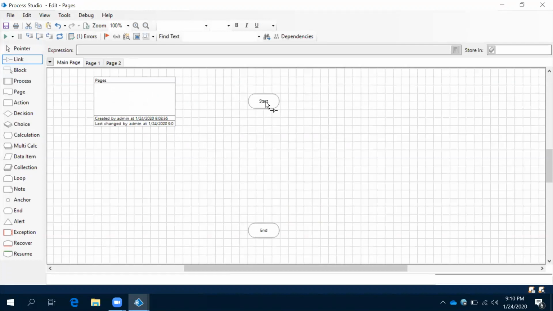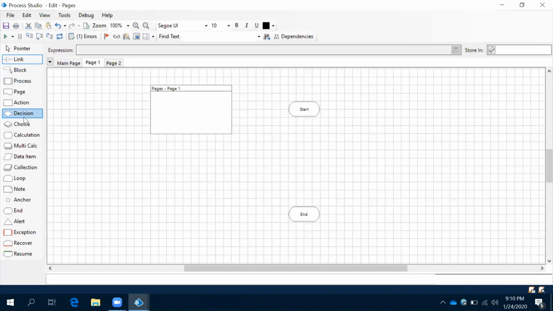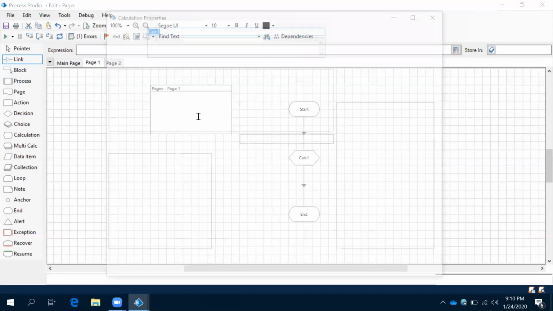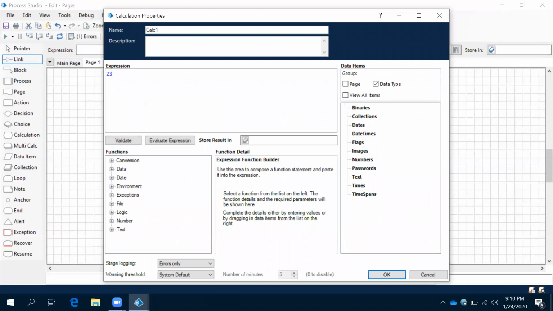Observe this. Even in Page 1, you can do it. Let me implement some calculation here. We are implementing some calculation. Page 2, we are also going to implement some calculation, right? In Page 1 we will give some number and store it in the result.